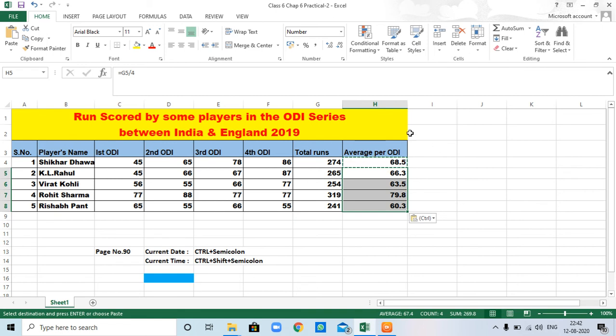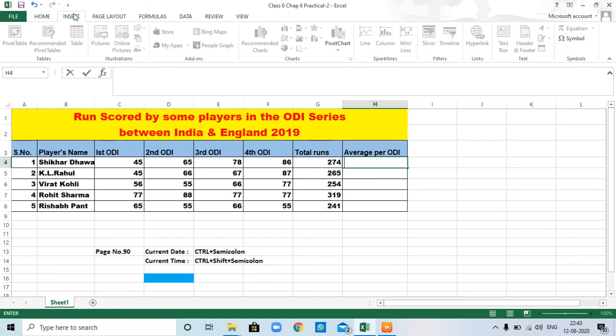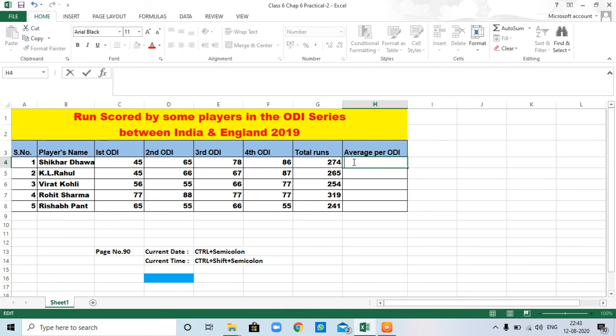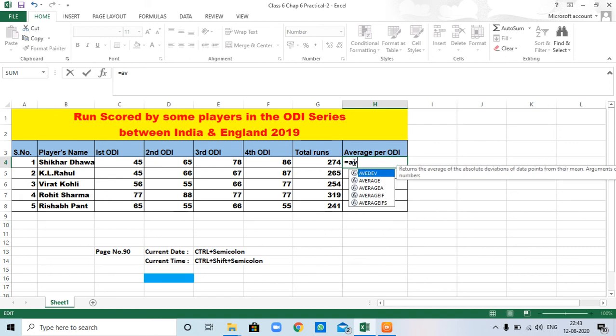Now next method for calculating average is by using the average function. Equivalent to, or you can click on insert, then click on functions, or you can type the function, like equal to average.